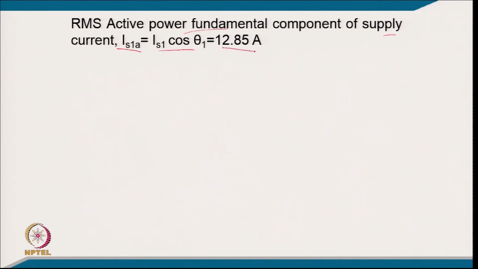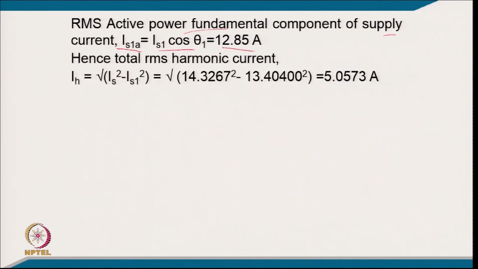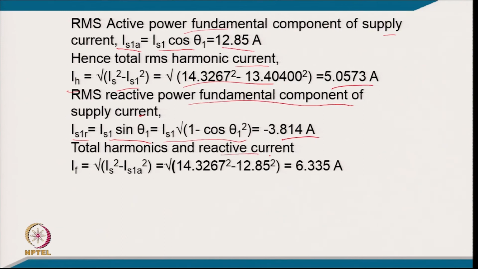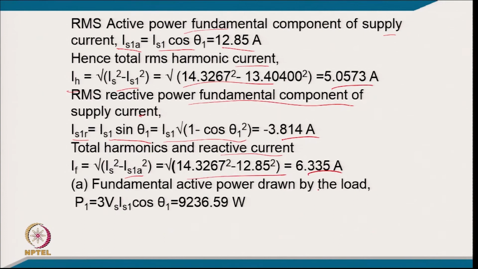theta 1. After putting the value it comes 12.85 ampere, and hence the total RMS harmonic current will be IH equal to square root of IS square minus IS1 square, and putting the value it comes 5.0573 ampere. The RMS reactive component of the supply current will be IS1 sin theta 1, and putting the value it comes minus 3.814 ampere, and the total harmonic and reactive current will be IF equal to square root of IS square minus IS1 square, putting the value it comes 6.335 ampere, and the fundamental active power drawn by the load will